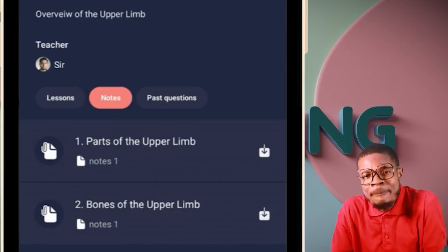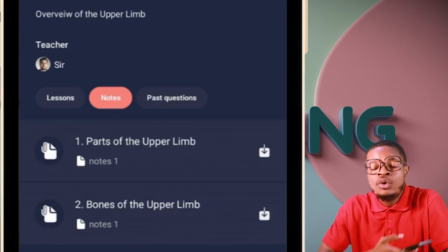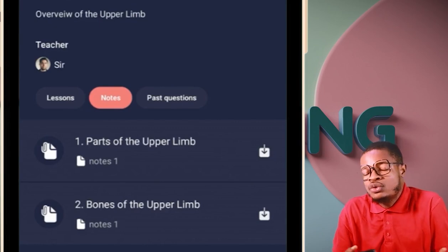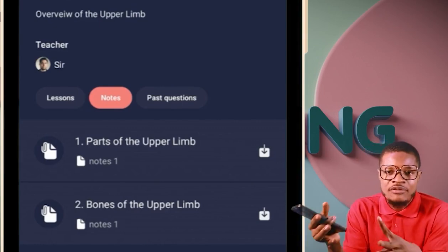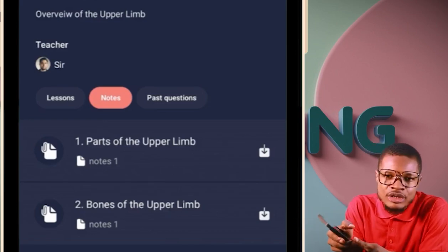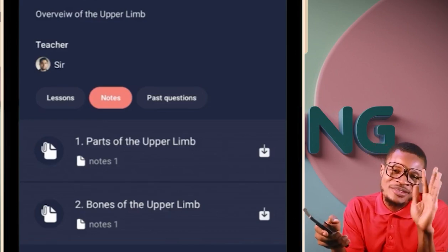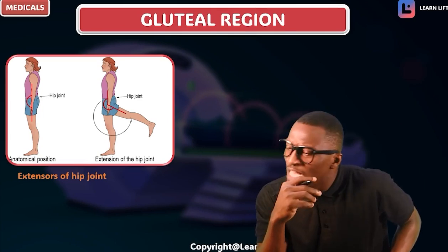And there is CPT in the app as well for you. A lot of other aspects that you can follow up, all of this in the LearnLift app. The same way you have it for anatomy, that's how you have it for physiology, that's how you have it for biochemistry. Are you getting it now? For now, bye-bye. Now, to wrap up, this is the